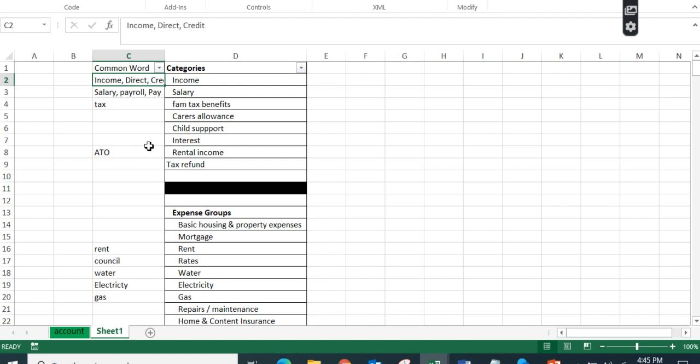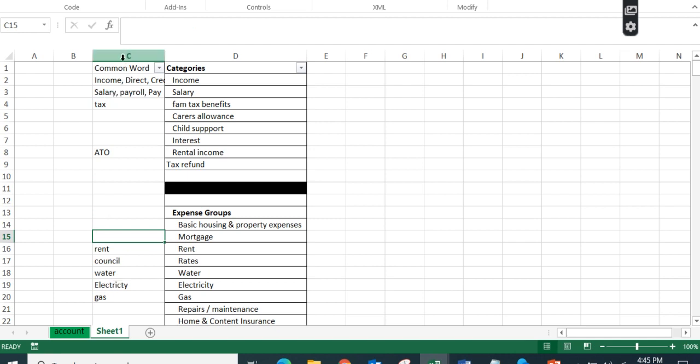So for example, if your interest has 2 or 3 keywords, you can use all those 2 or 3 keywords in this column C, separating them by a comma. So, for example, salary can be pay, can be salary, can be payroll, or any other text which you would like to put. So tax refund, for example, or mortgage, for example. So you can put multiple texts using a comma to separate them.